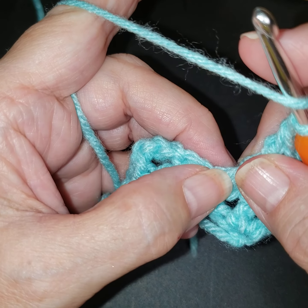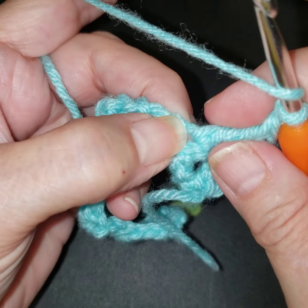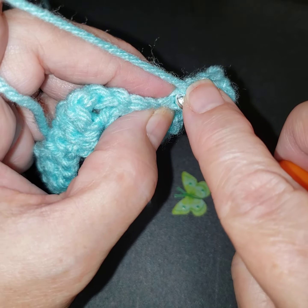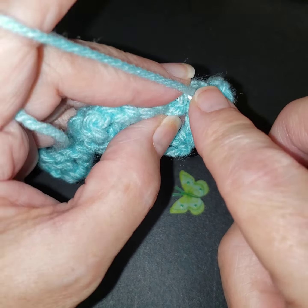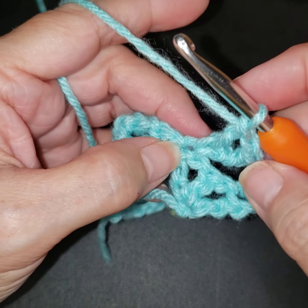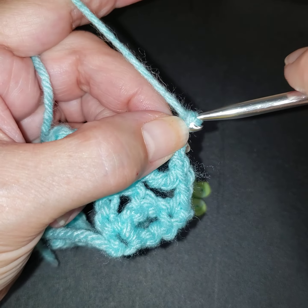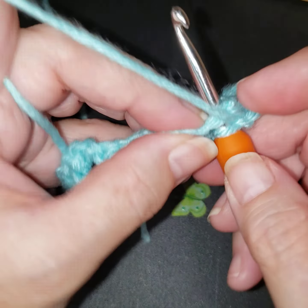This is where it gets different for me. We are going to be doing it not here in this single crochet. We are going to do it at the base of that treble. So we're going to go into that very first set of stitches, and you might have to think of it kind of like a Y. See, it's coming out of the treble stitch, and then we're going to yarn over, and in the top of our treble here we're going to do a single crochet,